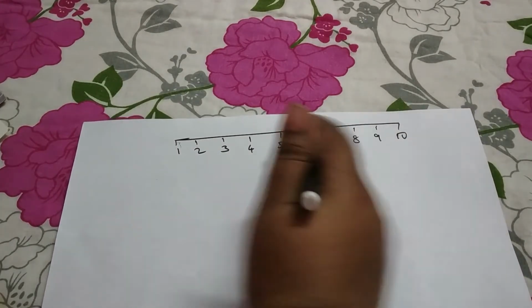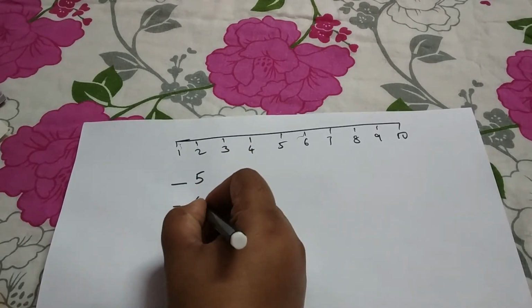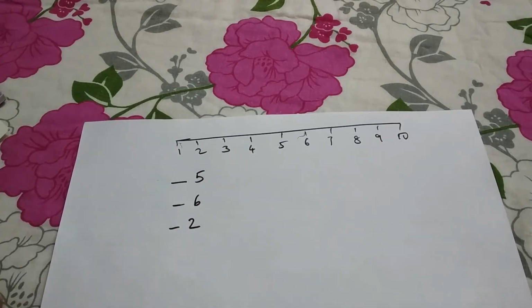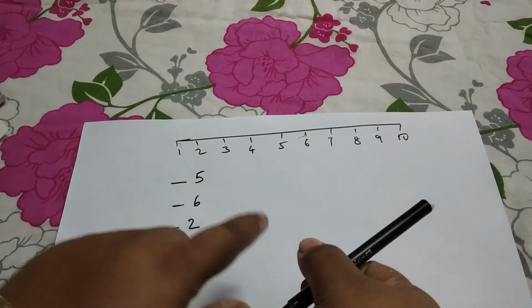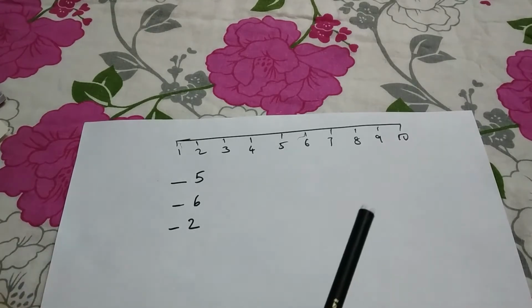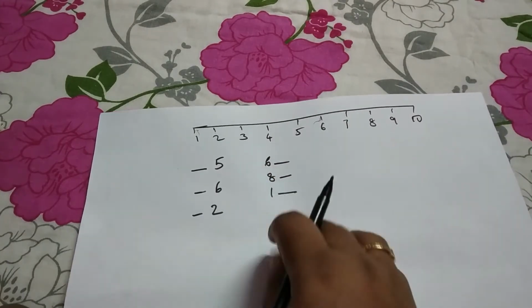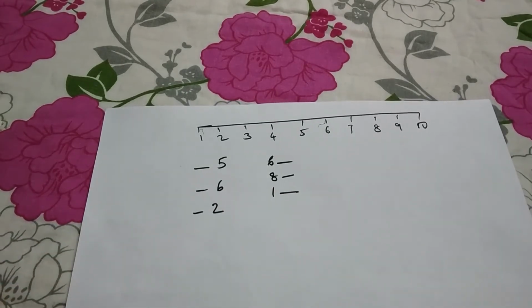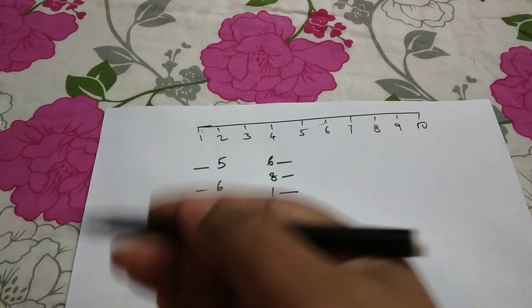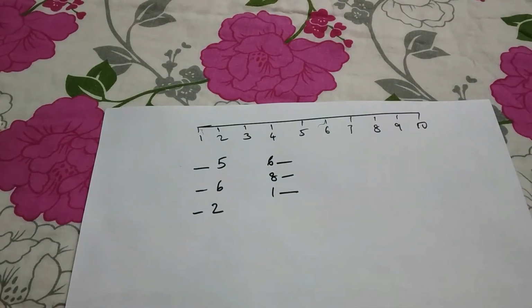You can give a number line and then just ask them numbers like 5, 6, 2. First teach before and then go for after, or you can also teach after first. After is actually very easy because it is the same way. Then you can move to before numbers. Once you complete 1 to 10, you can move to 10 to 20, then 1 to 20. In the same way you can slowly increase the numbers.